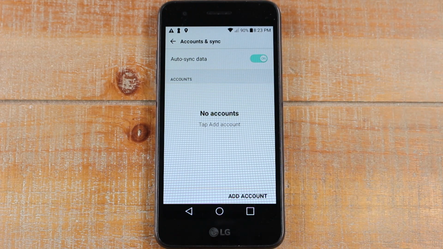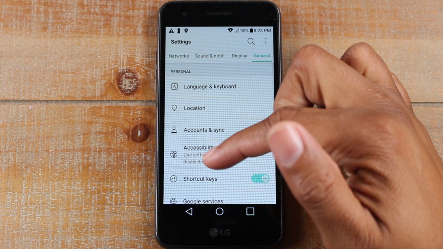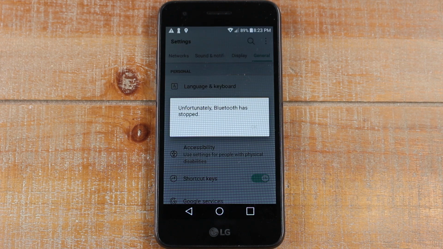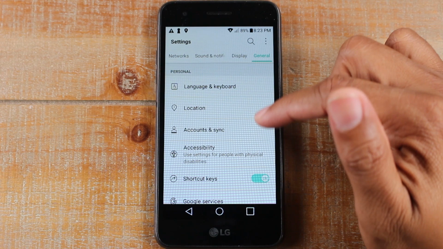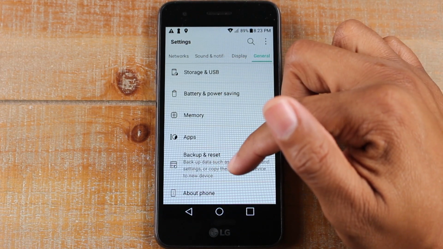So you always want to remove any and all Google accounts that are on the phone before your factory reset, because if not, it will Google lock the phone and basically make it harder for the next person who uses the phone to sign into their account, because you will have to have the password of the last Google account on the phone. Now that that's done, we can scroll down, go to backup and reset,